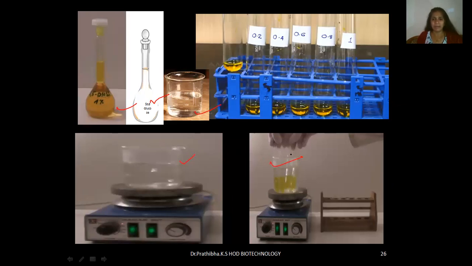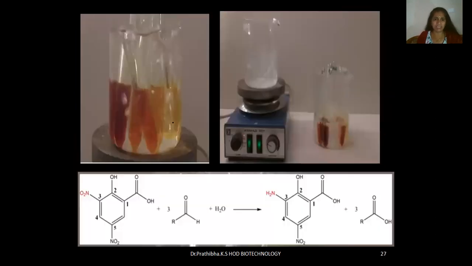for 15 minutes. If possible, you can also plug the mouth of the test tube using aluminum foil. After 15 minutes, you take them out and you can see a color change from yellow to orange, red or brown. It will be very hot, so don't take the OD immediately. Instead, you need to cool the test tubes from the water bath in a beaker containing cold water, and you are going to place them in this kind of container.